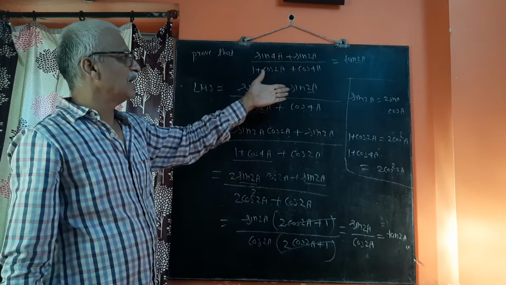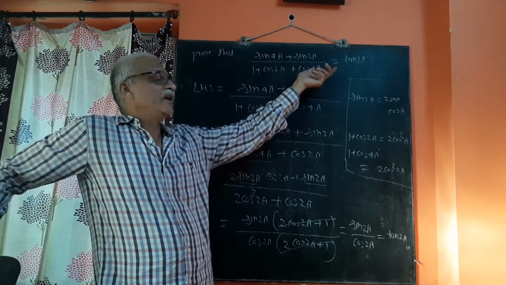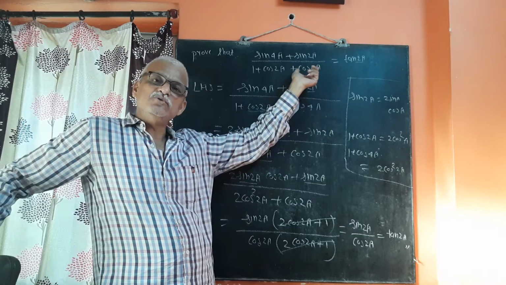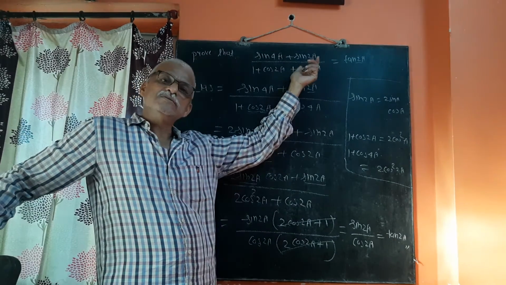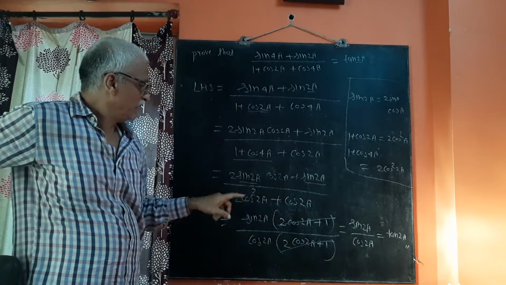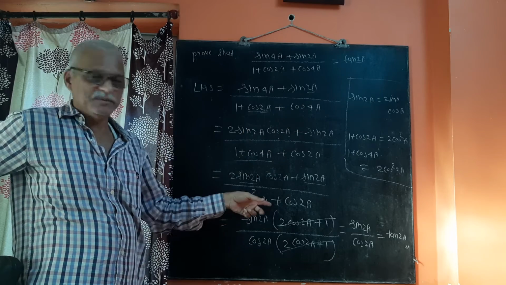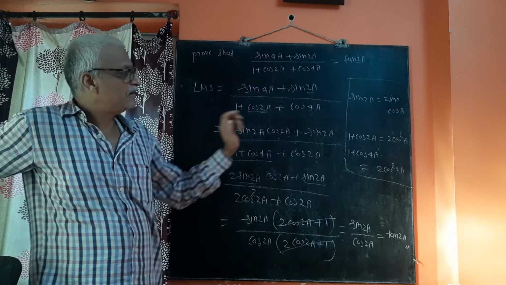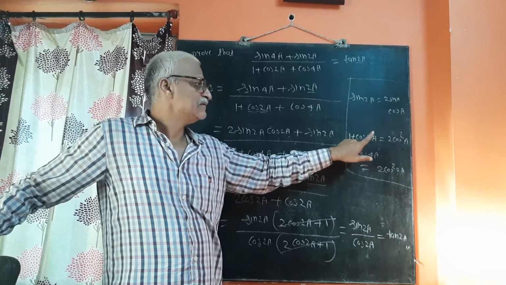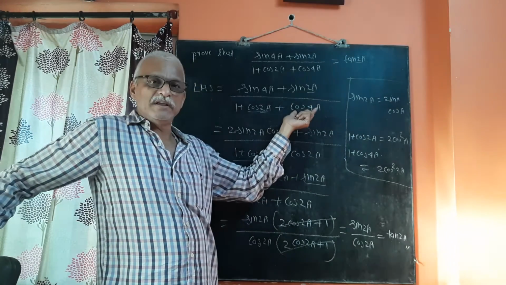So this is one of the methods to prove that. You may replace cos 4a by using cos 2a in terms of cos. Cos 4a can also be written as 2 cos square 2a minus 1. So that plus 1 minus 1 gets cancelled, and again you will get the same step. But since you have applied the 1 plus cos 2a formula in the previous problems, therefore I have taken the combination of 1 plus cos 4a.